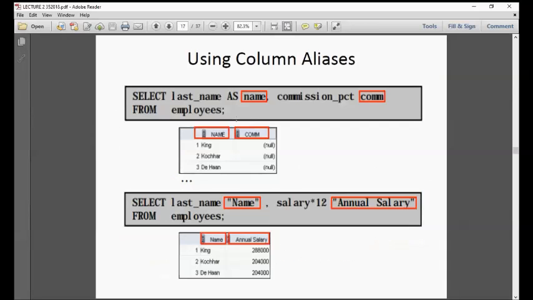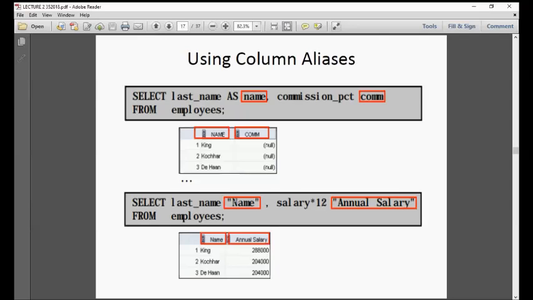So let's see. In here, instead of the column name, last name, I use alias since I use AS. So last name as name. So that's why in here it becomes name. And commission, here I did not use AS, but it comes after the column name. That's why it's here. Understand? So last name in here, and I will know because this one is already.